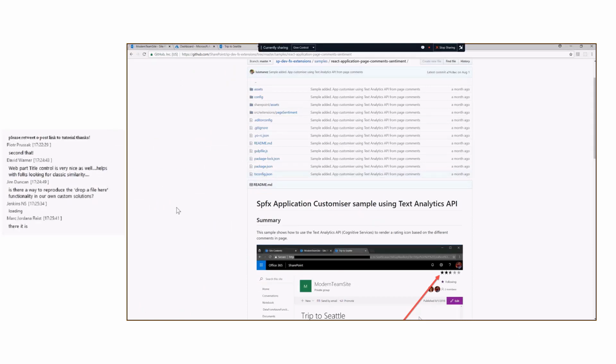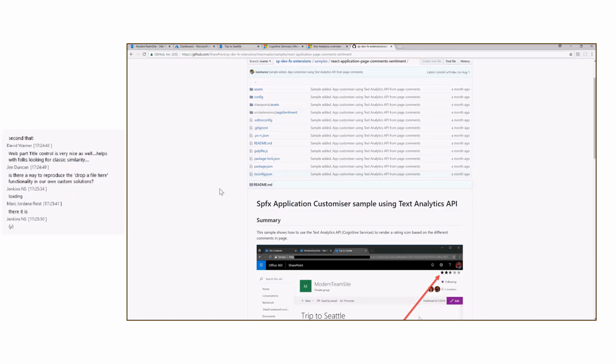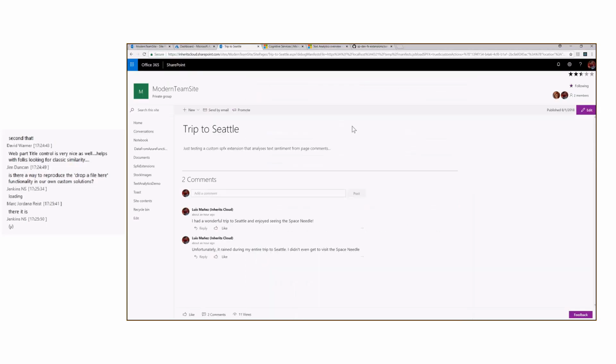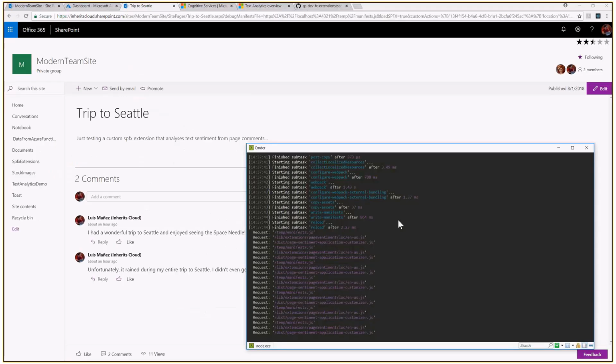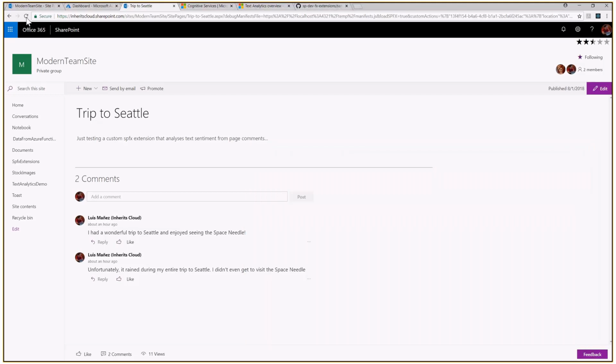So, hi everyone. As Vesa has already explained, what I'm going to show you in this demo is how we can use the Text Analytics API in the Cognitive Services from an application customizer in SPFx, so that we can analyze sentiments from comments in a page. So let's first take a look at a live demo. Here there's a modern page with a couple of comments. I'm serving the solution locally. So if I refresh the page,